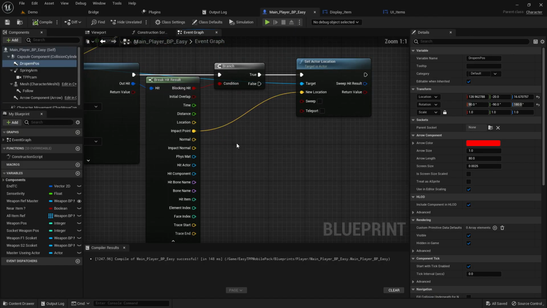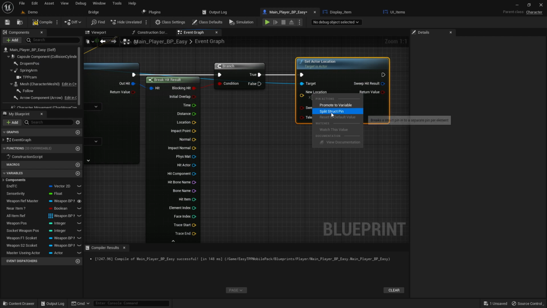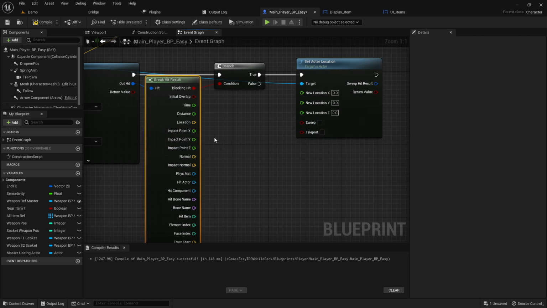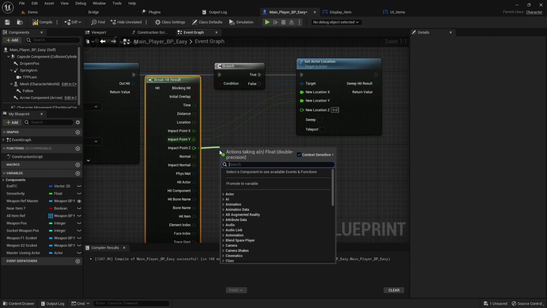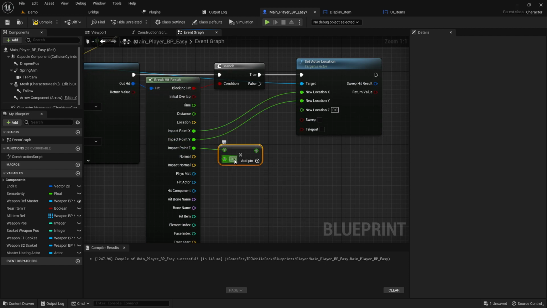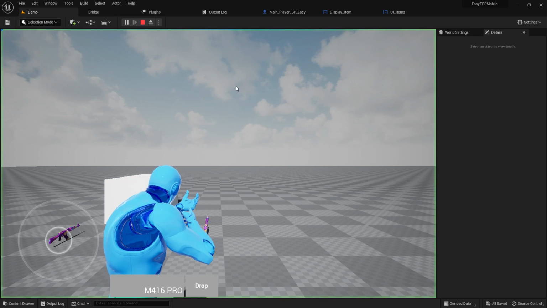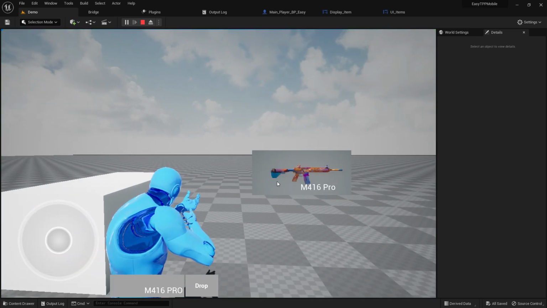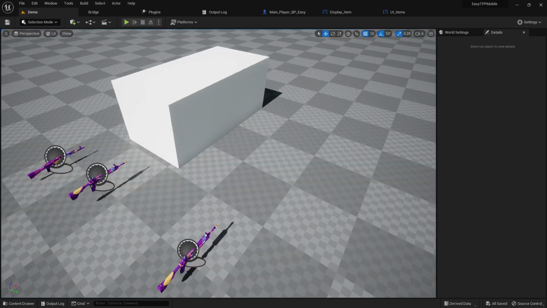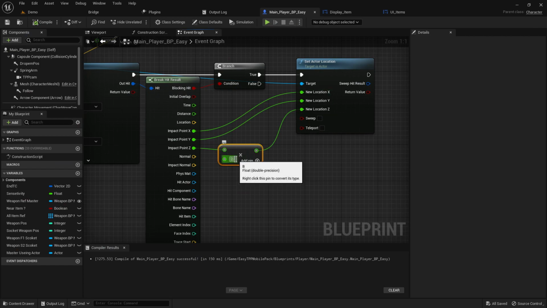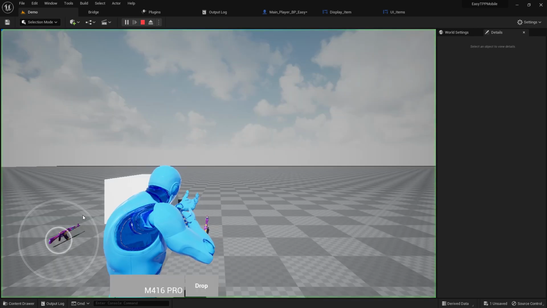So at the drop on the hidden location, I can split that, break that structure, and connect the XY. For the Z, I will multiply with that because I want to spawn that weapon some up. So I will connect with the true value, and click on save, play, and drop. That's just too much value. Let's give it 0.6, play,